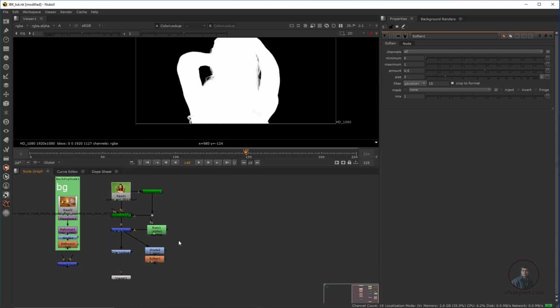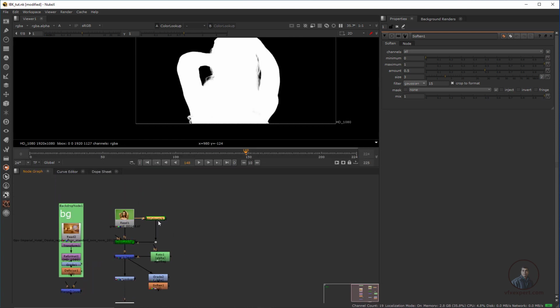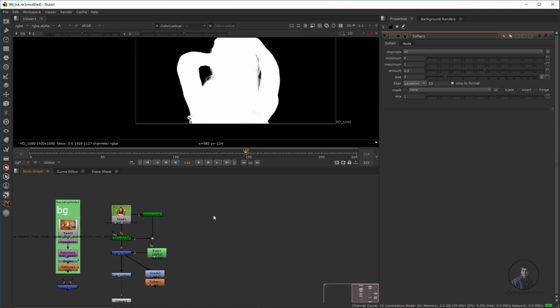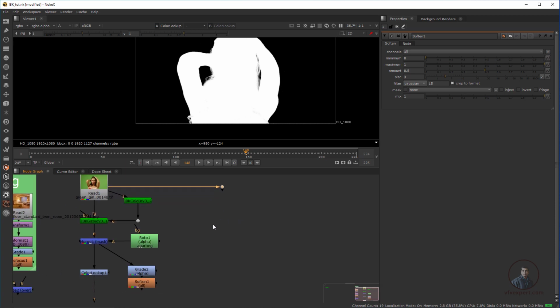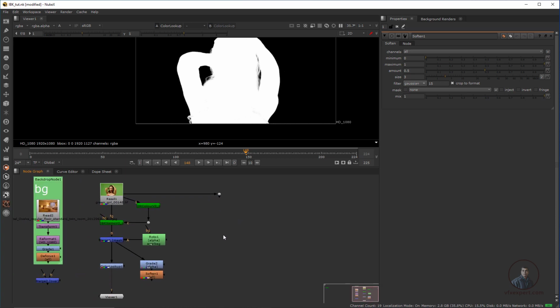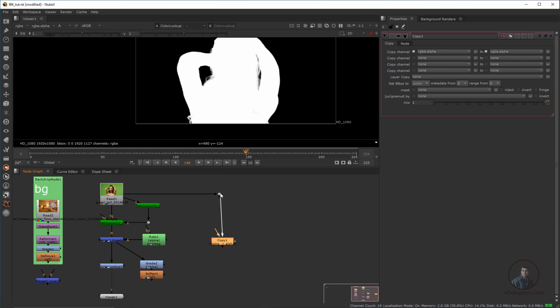Again, take a dot node, press dot and connect it here like this. Let's adjust it so you can easily understand. Then take a copy node, press K. This will be our background and this final matte will be our foreground. So I am going to take this one.